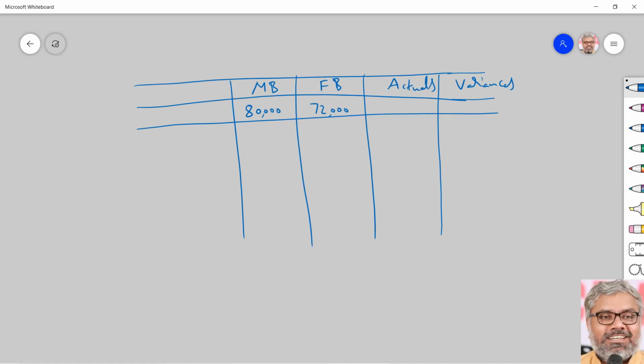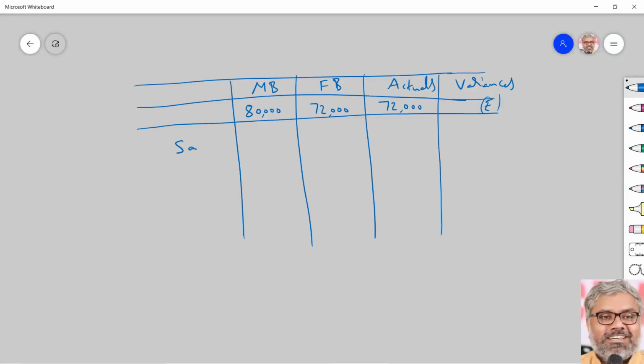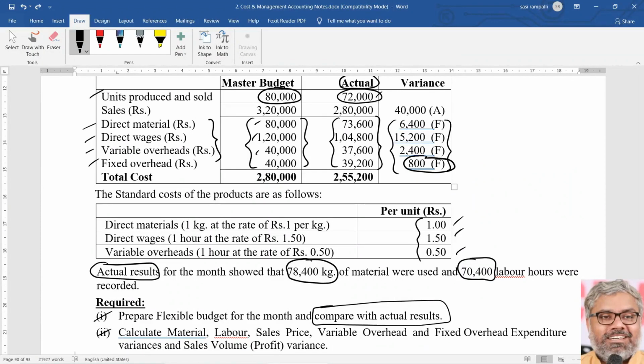So number of units for master budget is 80,000. Number of units for flexible budget is also 72,000. Actuals is also 72,000. By the way, variances are just for rupees. So this is all in rupees. We are going to mention one by one. So let us take the items as given in the question only one by one. Let us take sales. Sales 80,000 units at the rate of 4 rupees. That was supposed to be